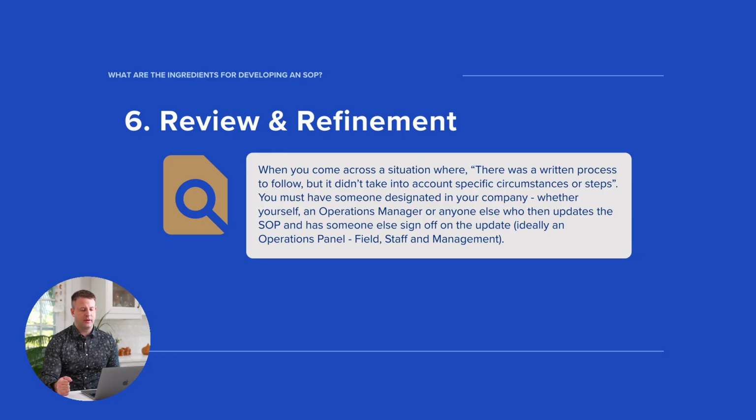We need that decisiveness there. Reviewing and refining your SOPs is key, because going back to Kaizen, you want consistent improvement. You want to ensure your SOPs are not getting outdated. And what you'll find is, again, there's that initial period where it costs a lot of money with staffing, with